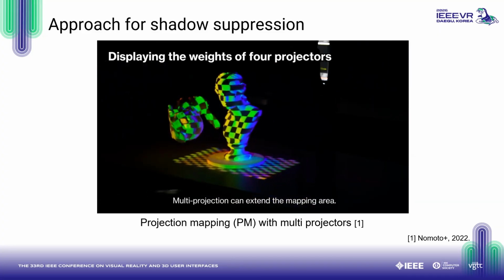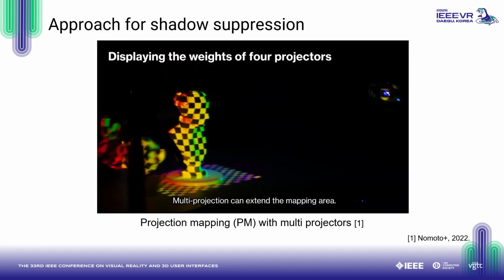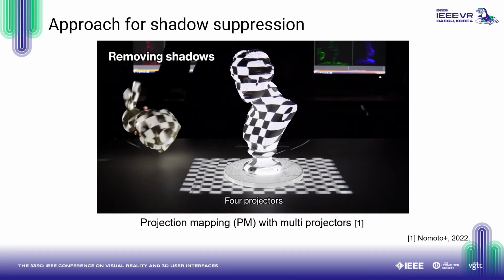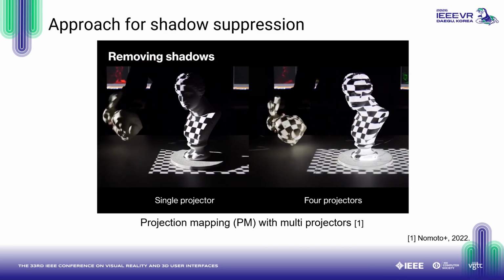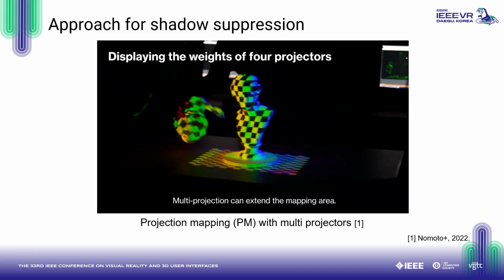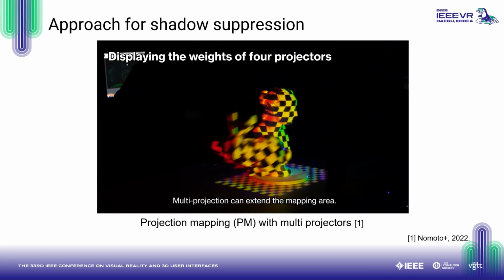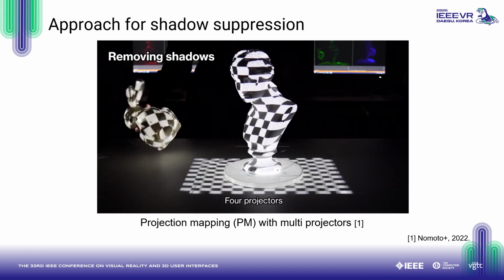In many projection mapping applications, users typically interact with content superimposed onto an augmented object. However, this configuration faces a technical challenge: projected light is often occluded by the user's body, resulting in shadows and incomplete projection outcomes. To address this issue, previous studies have proposed systems that spatially distribute multiple projectors throughout the environment. When the projection from one projector is blocked and a shadow appears on the object, another, unoccluded projector compensates by projecting onto the same area.